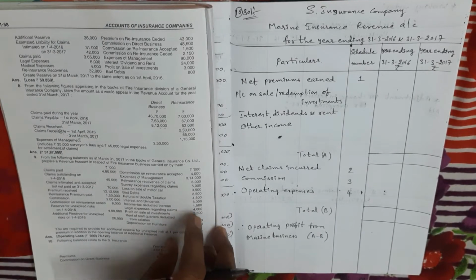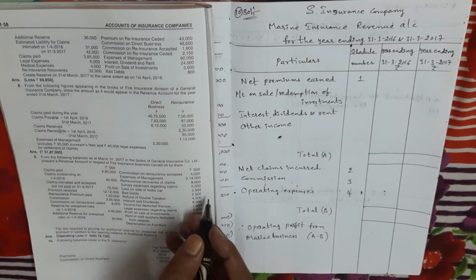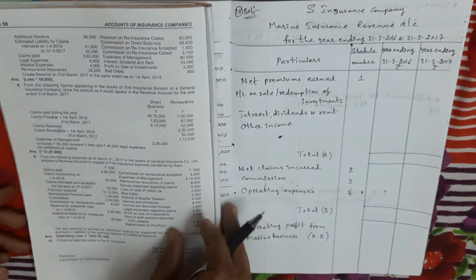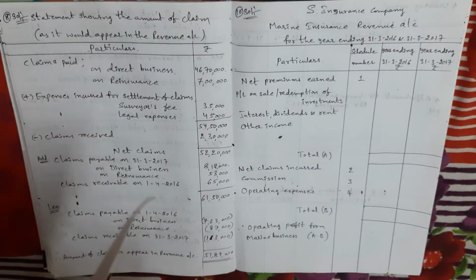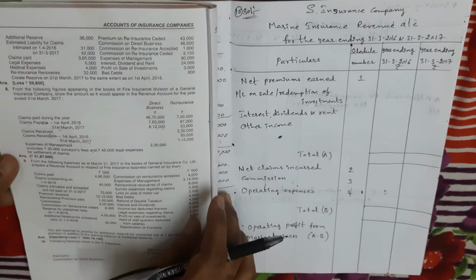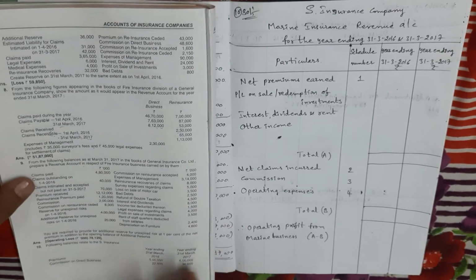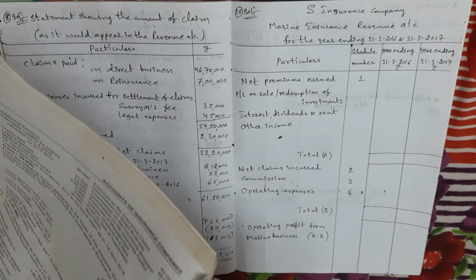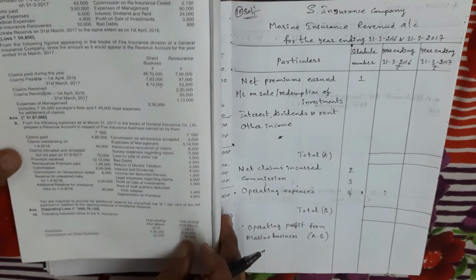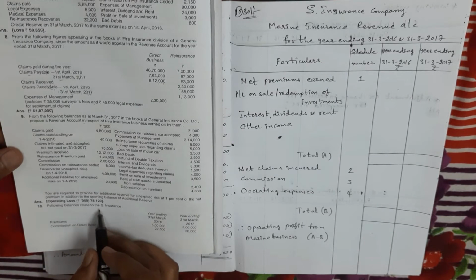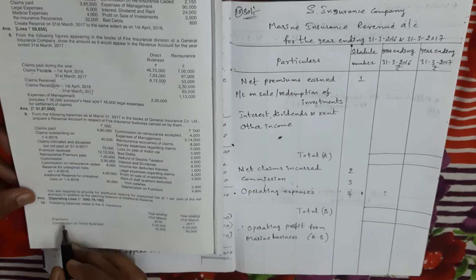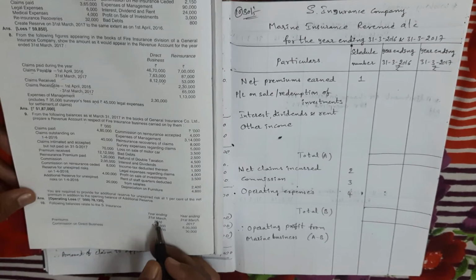In the last episode I explained the fire insurance revenue account. So here I am explaining the marine insurance revenue account. In your textbook, a very important problem, problem number 10 on page number 58. The 11th problem you can also practice, it is similar. In the 10th problem, see the question, following balances related to S Insurance. The insurance company name is S Insurance.